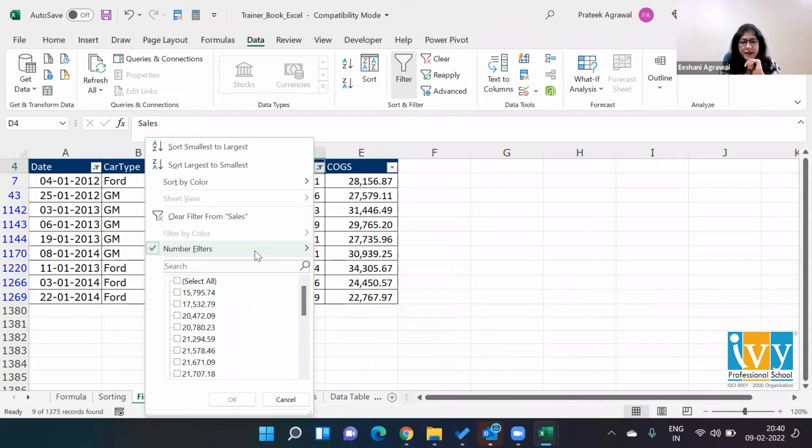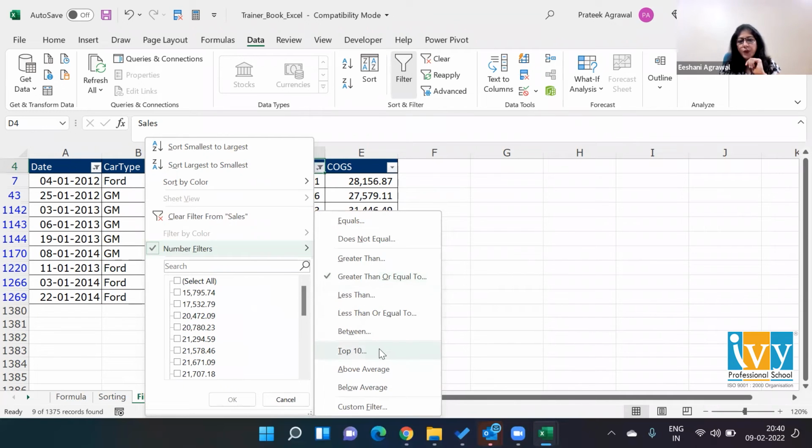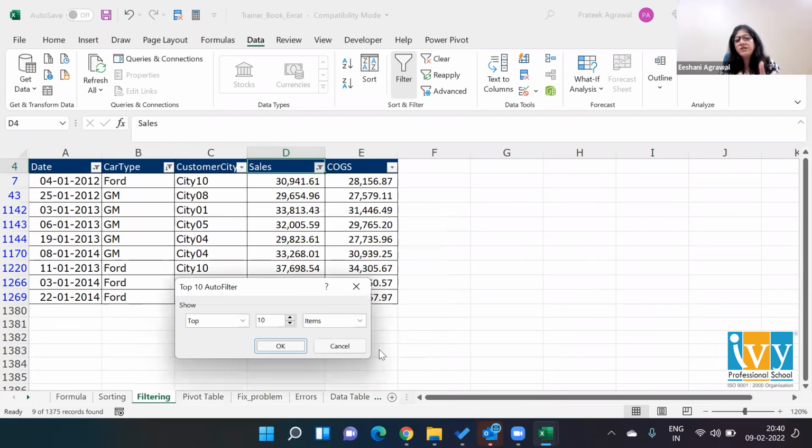What are the other things that we have over here? We have something called Top 10. Now, like the name suggests, what is the work of Top 10? Based on the values that it has in a column, it will give you the rows which have the top 10 values. Okay. So if I click on it,